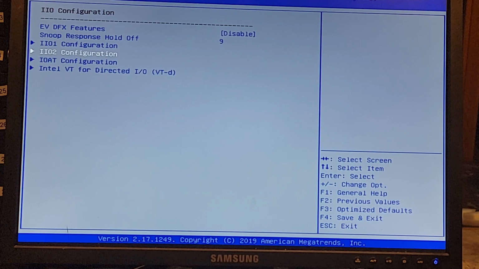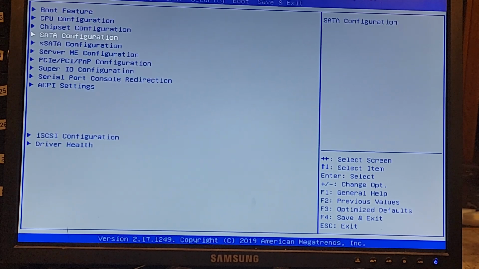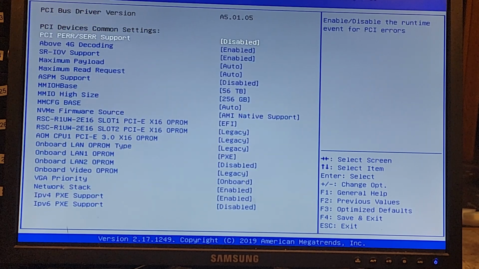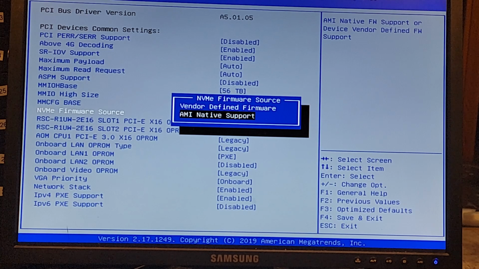4x4x4x4. The other thing, so that the system will see it, is you come down to the PCIe, PCI, PNP configuration, where it says NVMe firmware source. It was originally vendor-defined firmware. You have to switch it to AMI native support. And then